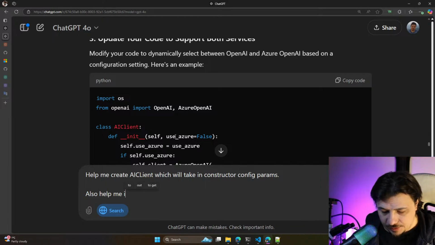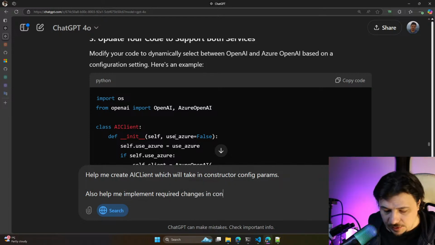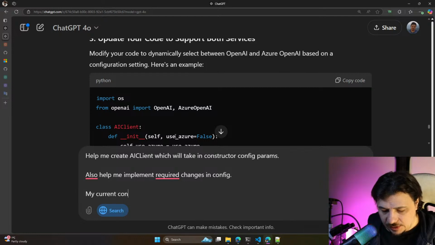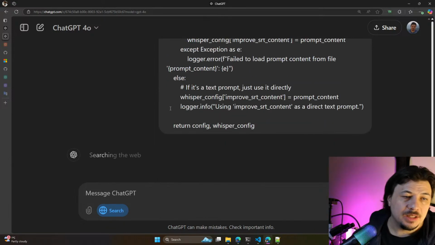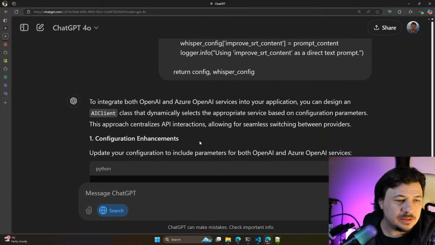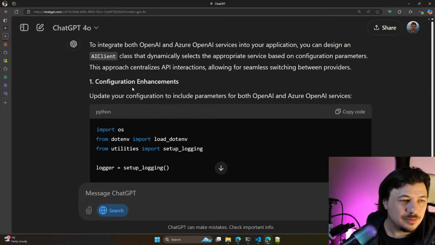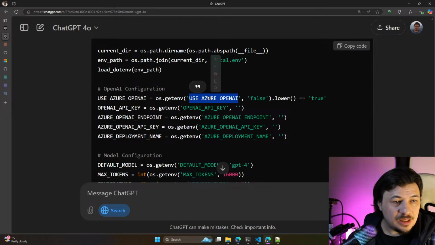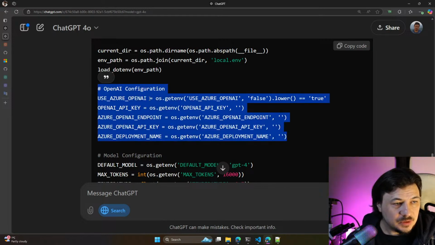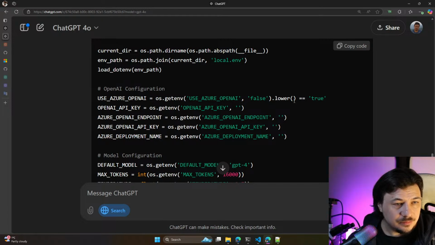Also help me implement the required changes to the config. My current config is... Okay. Let's see what it will reply, because for something like this I really don't want to do a lot of work. So it says use Azure OpenAI endpoint, use Azure OpenAI. So we take false as the default value.